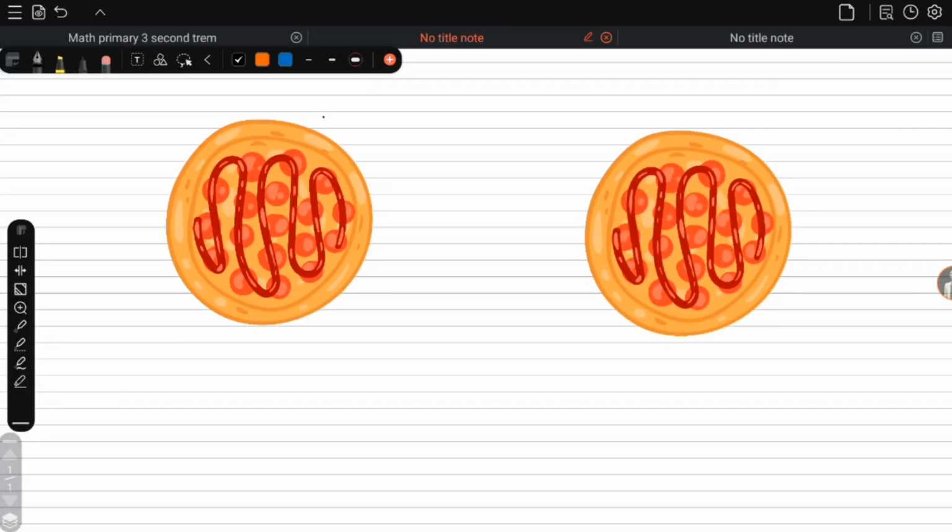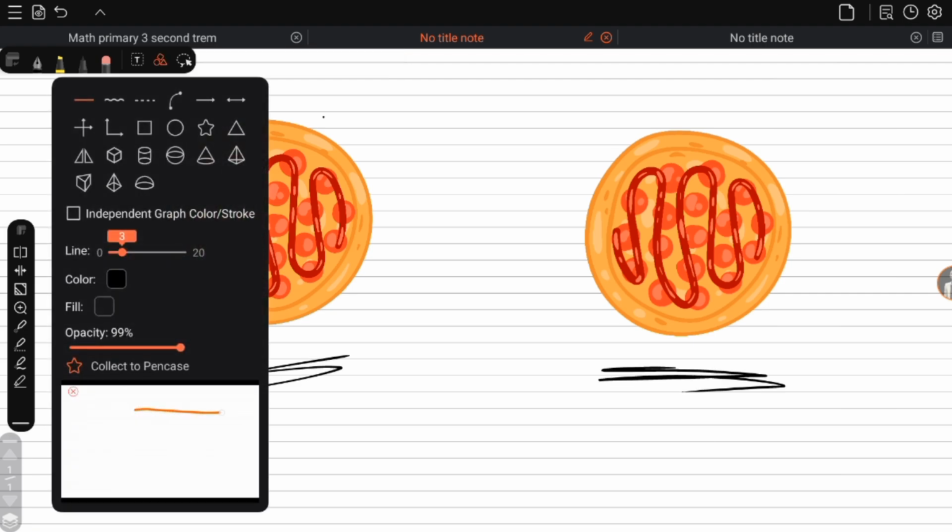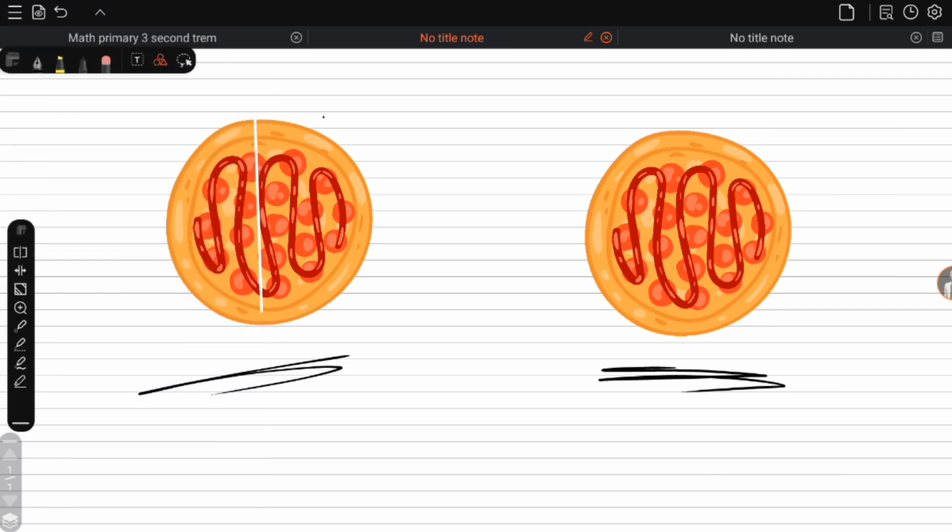Grade 3. In this video we will talk about comparing fractions. If you look at these two pizzas, you will see that they are the same size, like this. They are the same size. Okay. And if I split this pizza into 2 parts, and this one into